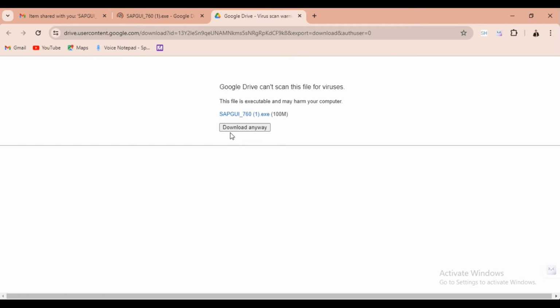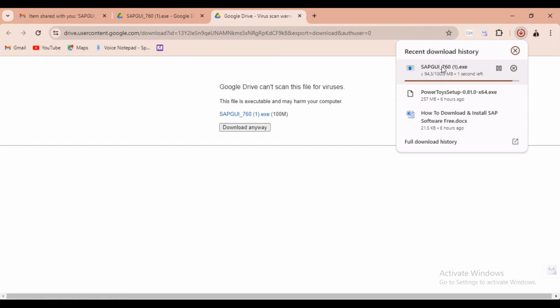I just click on download anyway. This will appear: Google Drive can't scan this file for viruses, and it's an external file, and it will show that notification. So don't worry about that. The file is totally safe. You just click on download anyway and it will start downloading. It will take almost 5 or 10 minutes. It's a 100 MB file.